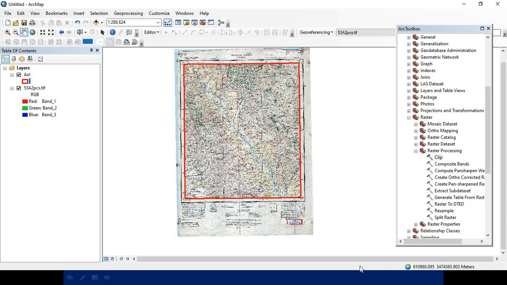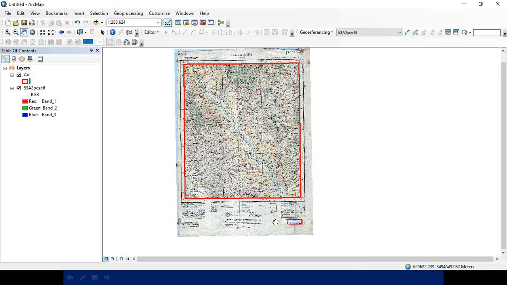If everything goes well, you will see the green signal at the bottom. By that time you can close the ArcToolbox. Such geoprocessing operations like clip or subset are very useful.